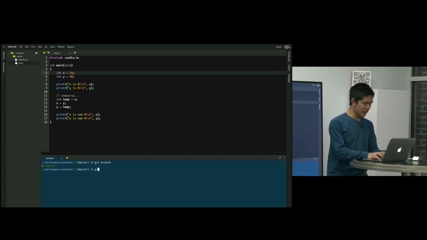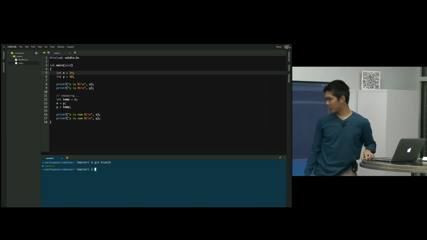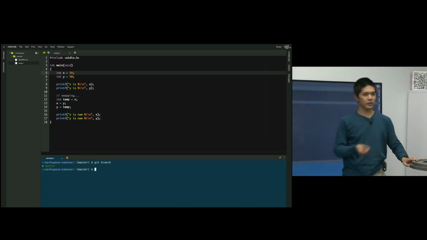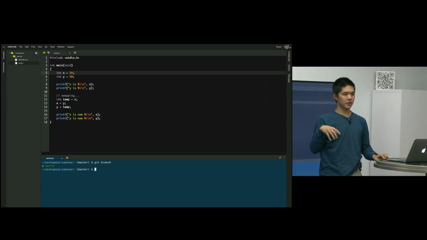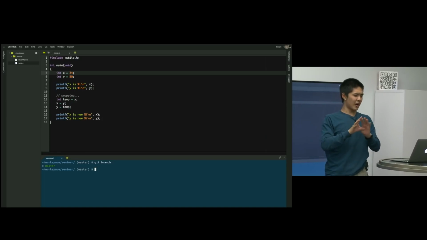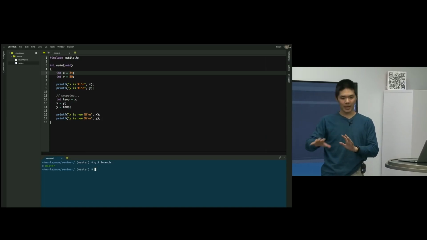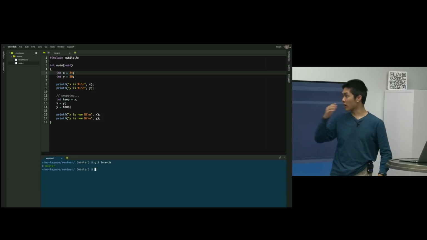Let's say I wanted to separate out this code, the code that does the swapping, into its own function. But that seems like it has the potential to go wrong. It might not necessarily work. So I don't want to just change this file. I want to create a new branch that will let me test out those changes